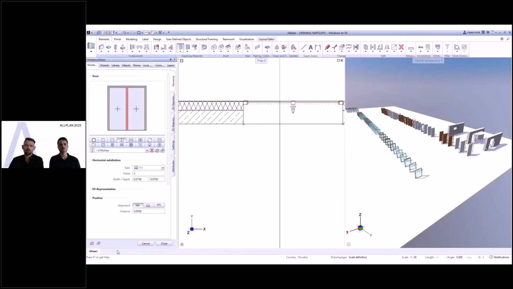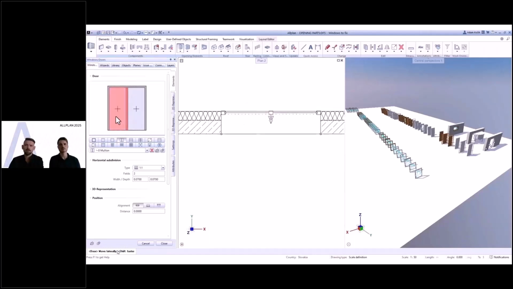You can create individual main parts and subparts of all possible door and window elements and define their properties, such as opening type, geometrical properties of the frame, and tons of other values. A great enhancement is the completely renovated interactive live preview window, where you can drag and drop individual elements like so, and also insert and further modify multiple sub-elements simultaneously.